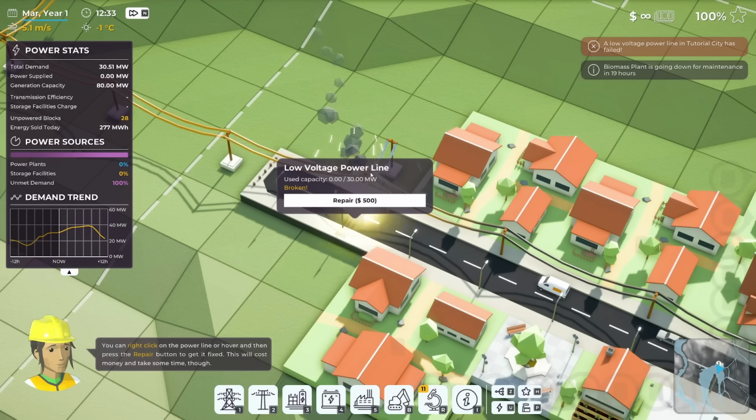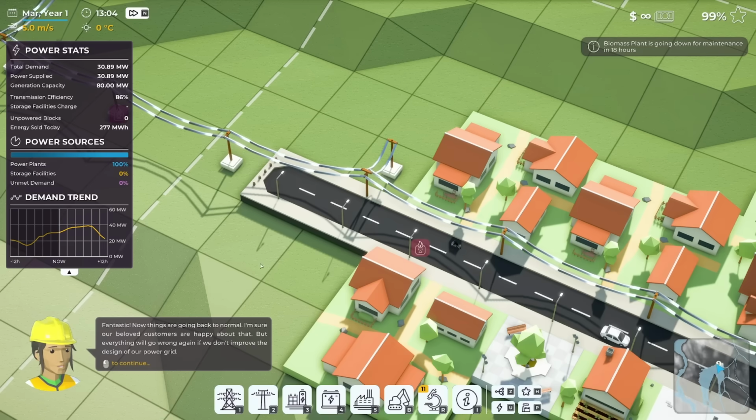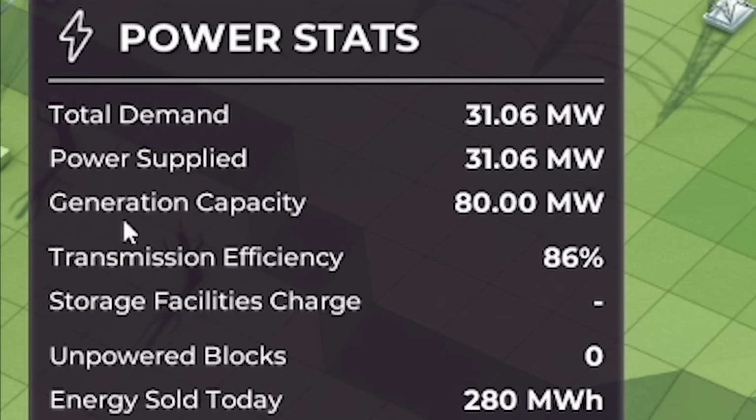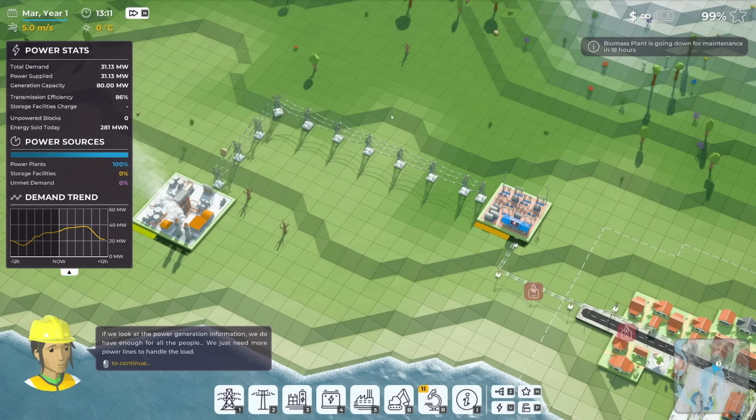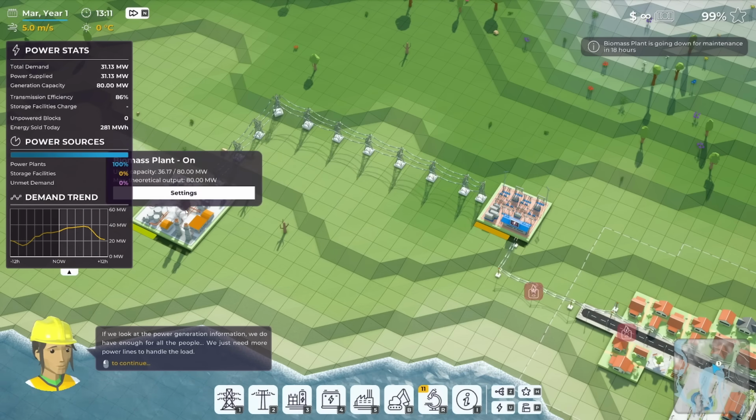She's just told us we can repair by doing that. And electricity is running again. All right, and basically, she's just told us if we look at this, we can see our generation capacity is 80 megawatts. So we've got plenty, but we're only supplying 30. That's because there's a limit as to how much power you can put down your power lines, how much can go to the substation. And basically, if we hover over all of these,